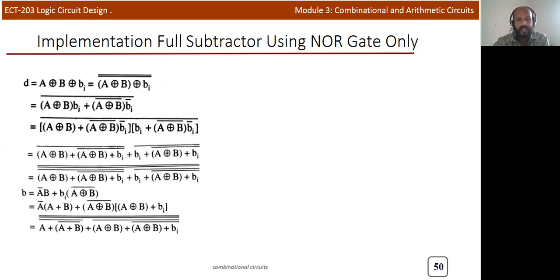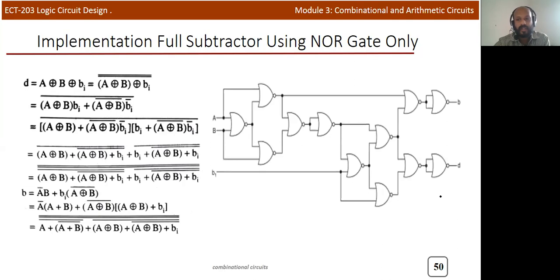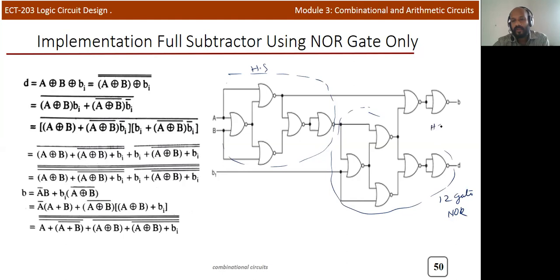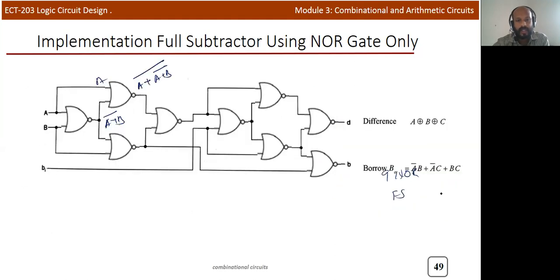Or this is another method. We already mentioned that if you directly implement the half subtractor combination circuit, you require around 12 NOR gates. So that's why we prefer the previous one, because we require only 9. So this is another method to implement NOR, but if you use the direct method, this is one half subtractor circuit, and this is another half subtractor circuit. Okay, so totally 12 NOR gates are required. So that's why we prefer the previous circuit. It requires only 9 NOR gates, and we will get exactly the same result.